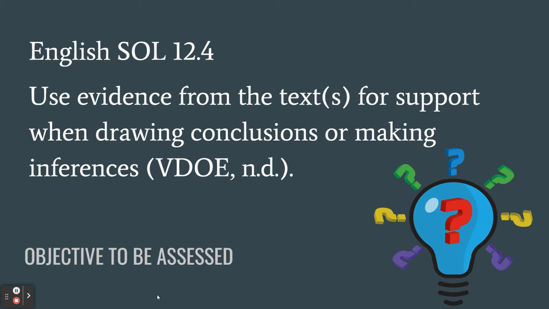And so the main aspect of the objective that we want to make sure we accomplish for the upperclassmen, the 11th and 12th graders, is that they're able to apply those same skills in the more challenging texts that the 11th and 12th grade curriculum bring, but also so that they can use those same skills for drawing conclusions and making inferences out in the real world, where some of them may have careers that require them to make inferences on a regular basis, or even just basic critical thinking skills, since making inferences is definitely one of the higher level critical thinking skills that